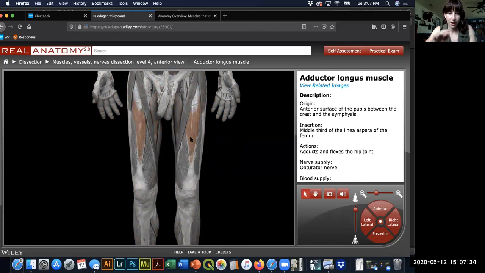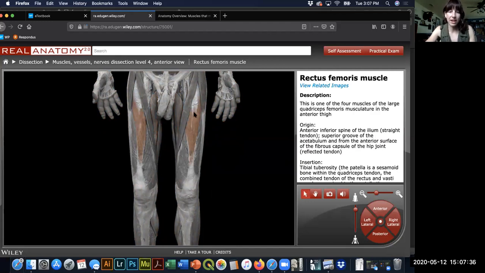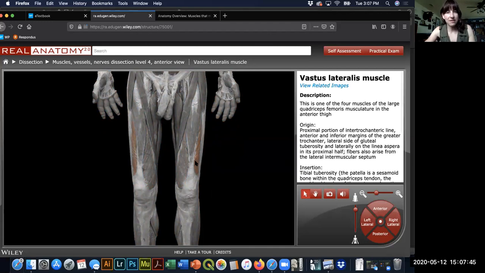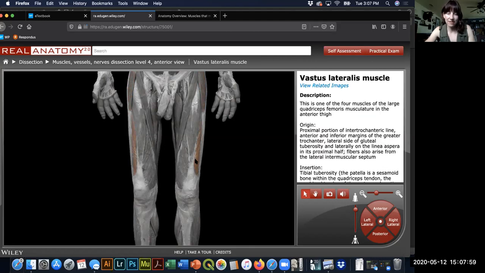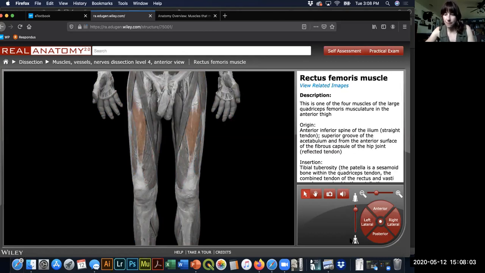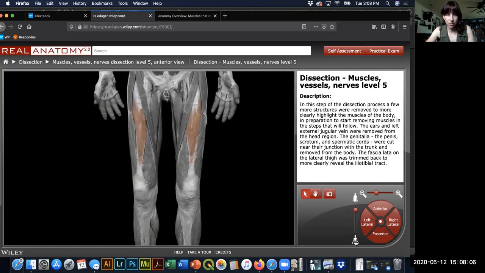You've got your rectus femoris right here in the middle, okay? So that is the middle one. You have a vastus medialis and a vastus lateralis, okay? Here's our tensor fasciae latae extending all the way down to the side of the knee. So just medial to that is your vastus lateralis, vastus medialis, rectus femoris, and just deep to the rectus femoris,